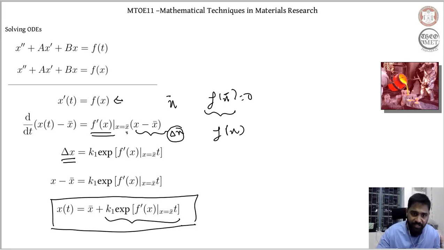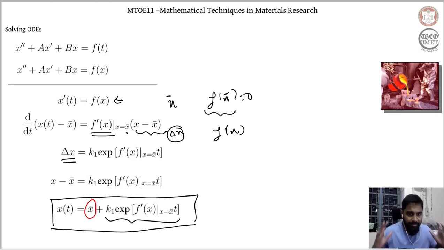So x of t is nothing but my position of the atom. What I'm doing is describing the position of the atom when it is experiencing a momentum, with respect to a position wherein my momentum is 0. So essentially, my molten metal experiences a momentum, and this momentum is governed by a function of the position. Ultimately, we end up having the position of the atoms under this condition when it is experiencing a momentum. That position of the atom, we express based on the position wherein the momentum is 0.